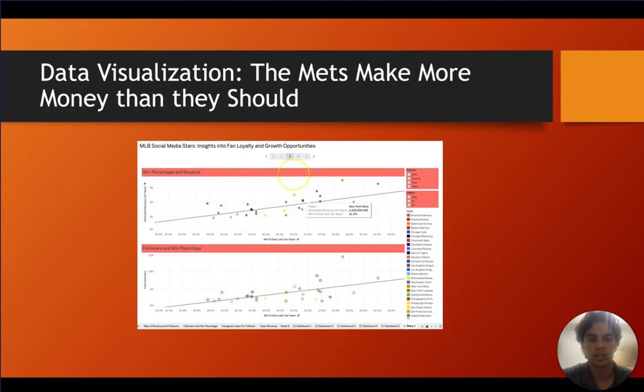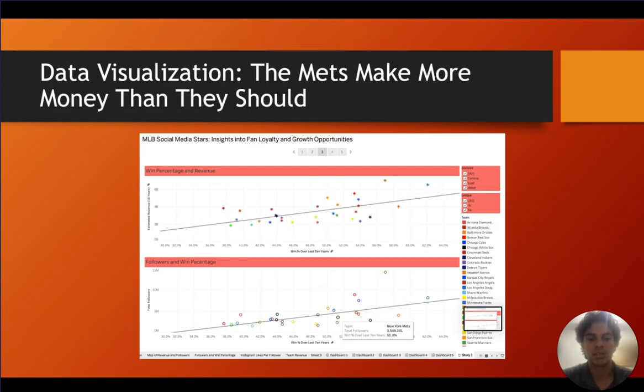It's mostly correlated, but here's one part where we can see the New York Mets are above the trend line, having higher revenue than the average MLB team based on their win percentage. And then we can see their followers are actually below the trend line, showing that they also do not need a high amount of followers to be able to compete and gain more revenue, because at the end of the